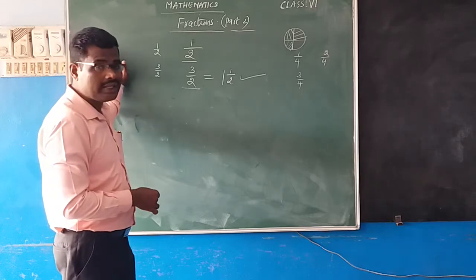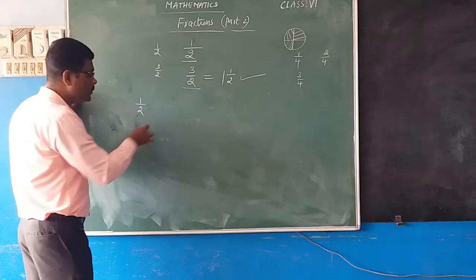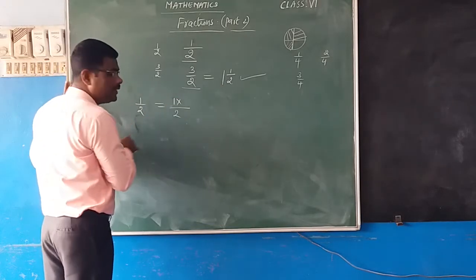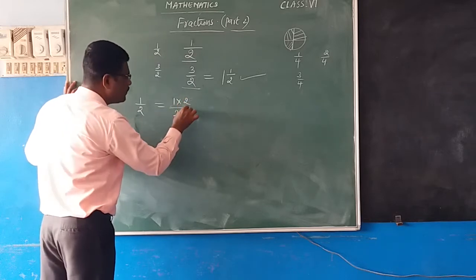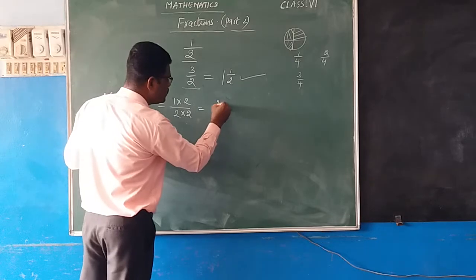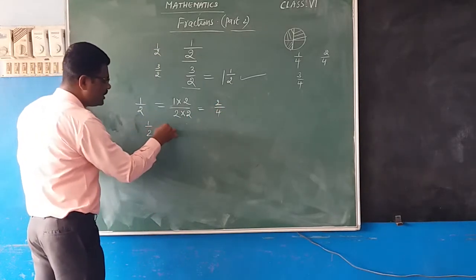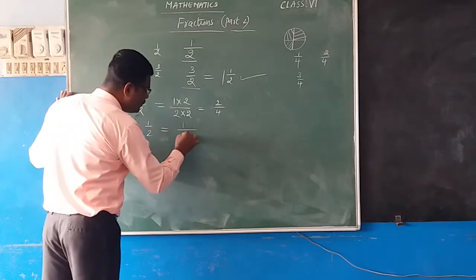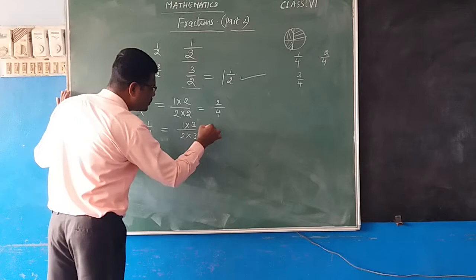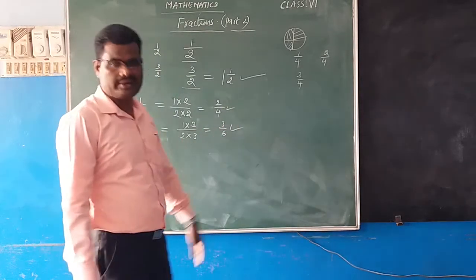After that we have seen equivalent fractions. What are equivalent fractions? To find an equivalent fraction of 1 by 2, we need to multiply and divide by the same thing. So if we multiply by 2, we need to divide by 2. So that we get 2 ones are 2, 2 twos are 4. The next equivalent fraction: 1 by 2 is given. What do we multiply? The next number, 3, and divide by 3. So we will get 3 by 6. Like this, we have seen the problem already.